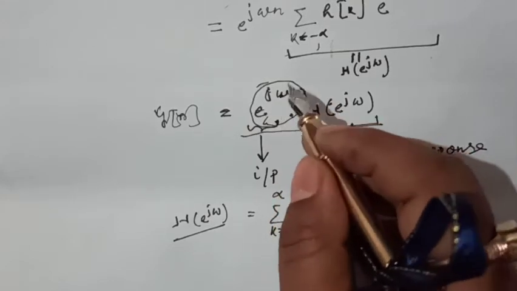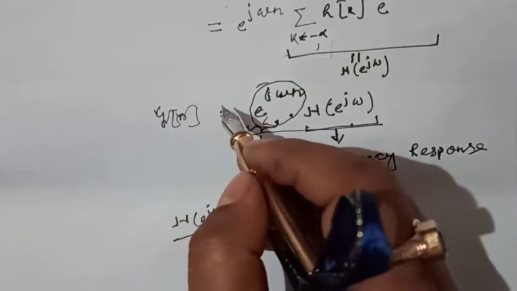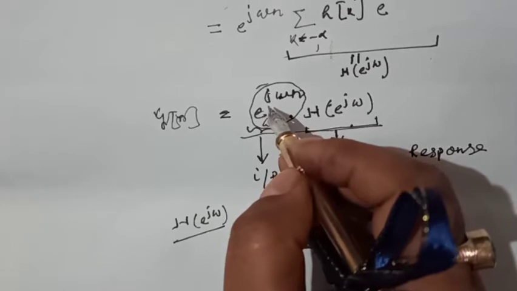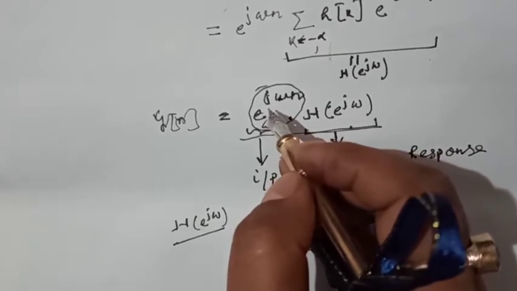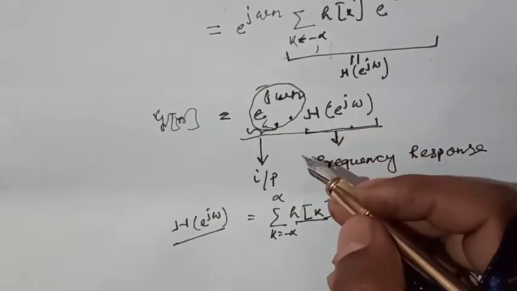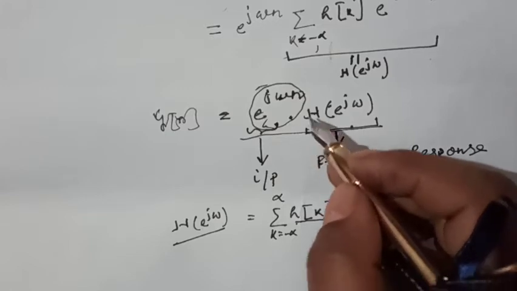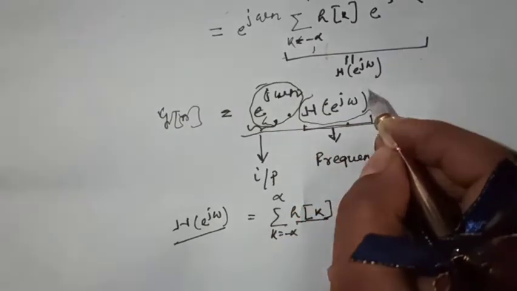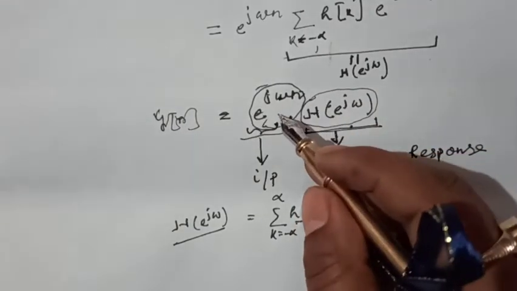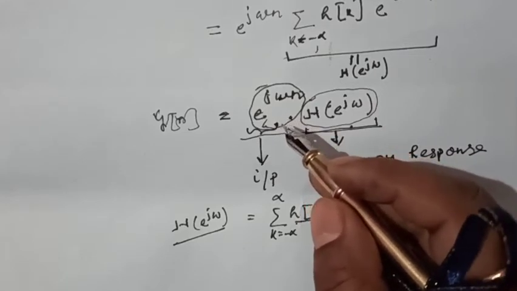produces a response which differs from the input signal by a complex constant. This complex constant, these signals, are known as the eigenfunction. And the value of the complex constant, whatever the value of H of e to the power j omega, evaluated at the frequency omega, that is the frequency of the input signal, is known as the eigenvalue